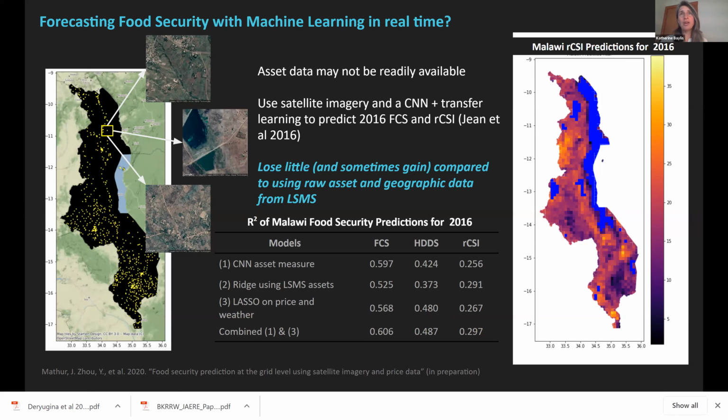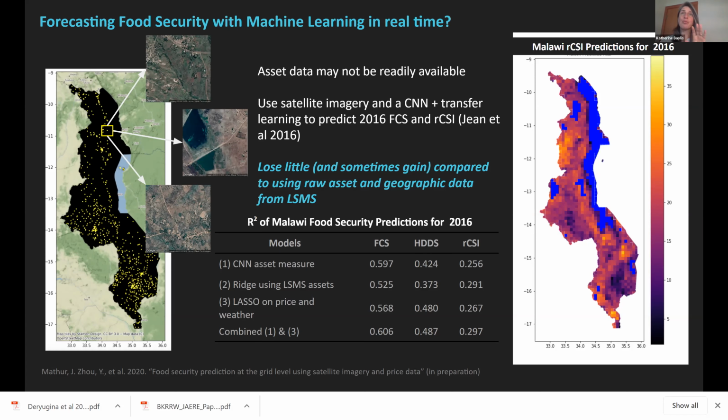So a number of other authors have done some really cool work. There's this group out of Stanford in particular that's been focusing a lot on this, to say, can we predict some of those inputs, some of those so-called feature variables, using, say, satellite imagery or other novel data sources. There are several papers out there now that are using satellite imagery to predict poverty and asset measures, et cetera. We take that same idea,